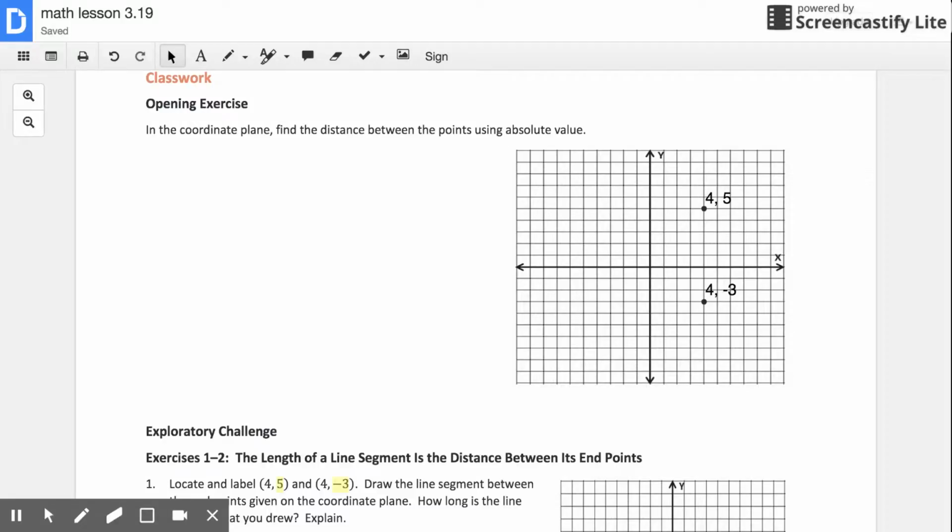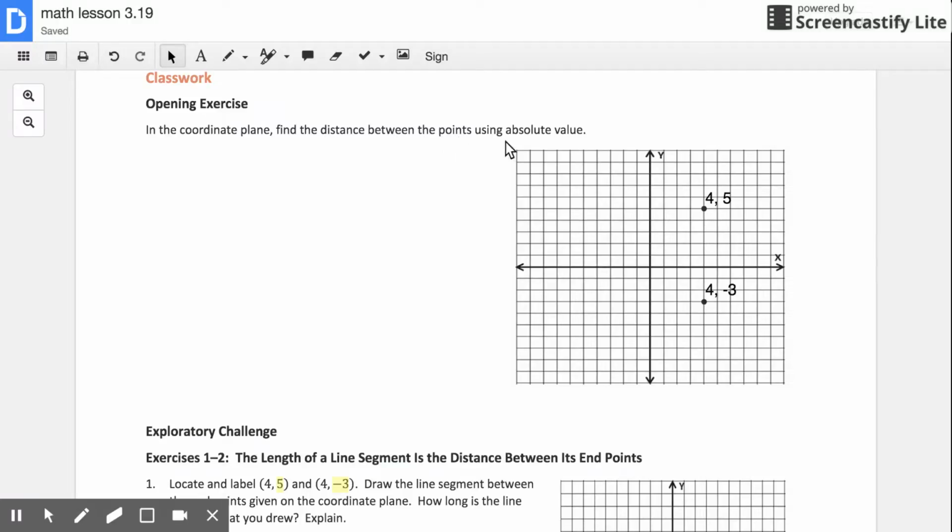For this lesson, this is lesson 19 in the sixth grade module 3, and we're getting to the end here. And I think this is really a fun lesson because it incorporates a little bit of geometry. Well, I guess coordinates kind of are geometry, but it really gets more visual in this lesson, and it's a lot of fun. So the classwork says to use this coordinate plane and find the distance between the points using